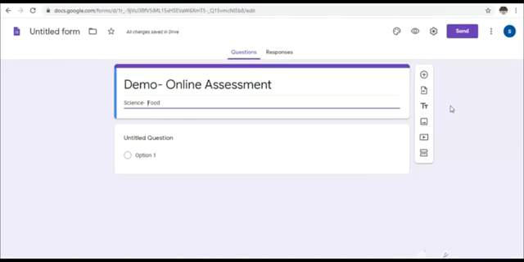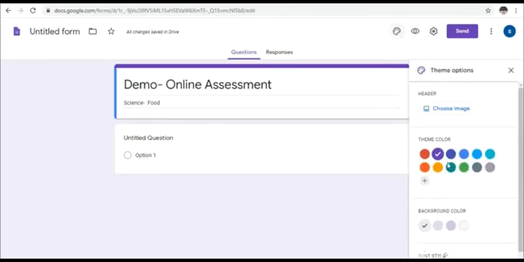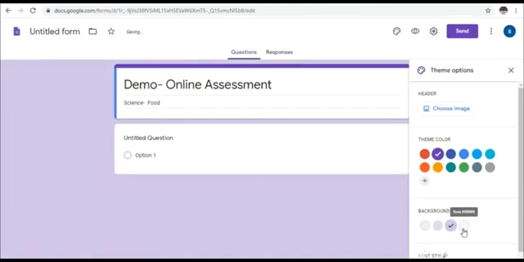Before you get into the questions, if you wanted to decorate your form or change any color settings, you can go with this. So I have changed my settings and I wanted to change the theme color also.